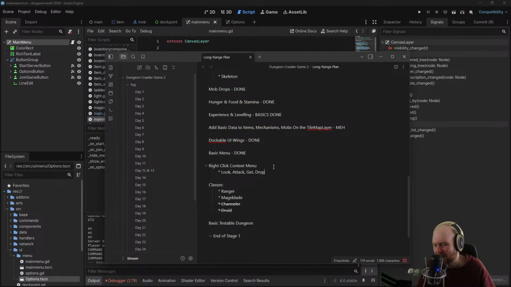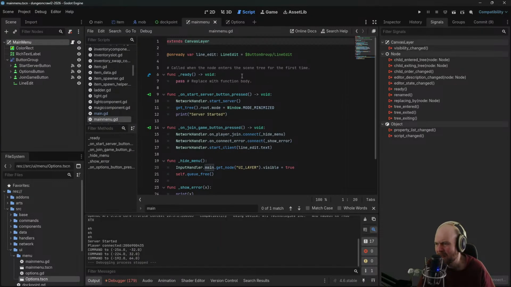This one is going to be complicated, but tedious rather than difficult. We don't have a look function at all. That just doesn't exist. We do have an attack function. We do have a get drop function, and we do have a drop function. Those just need to be contextually added to a menu, and we're good. But this one, that's new functionality. And yeah, once we get it in, we're good. But until then, I don't know. I guess let me think about